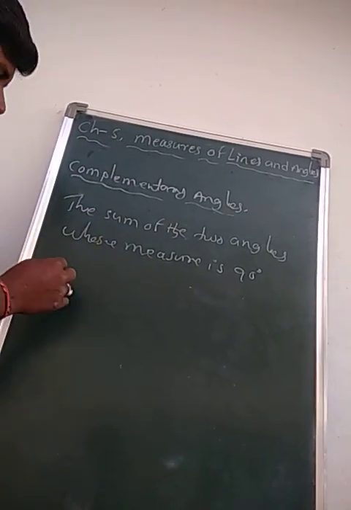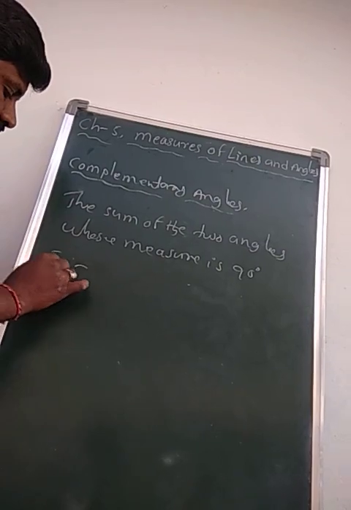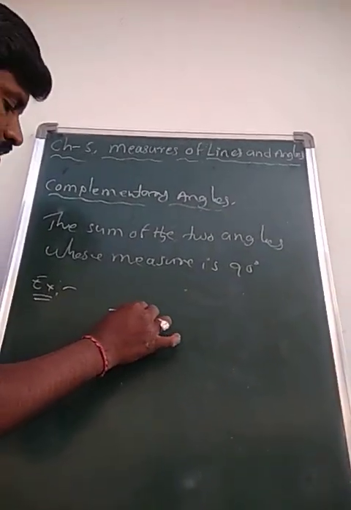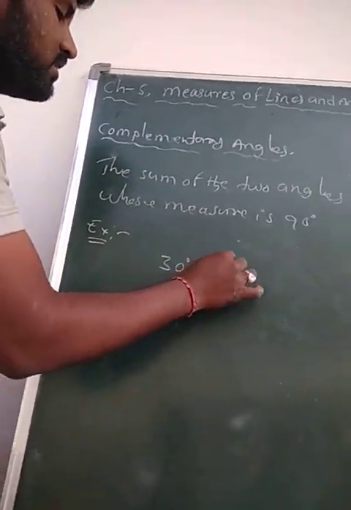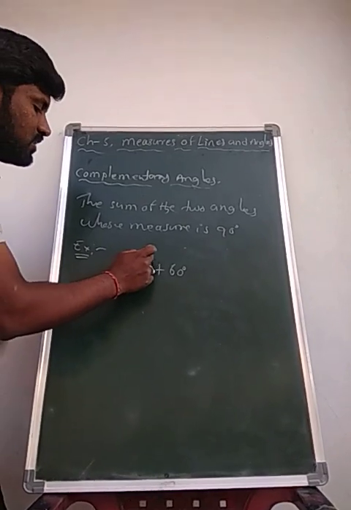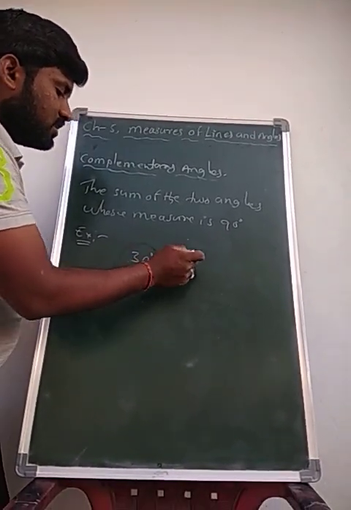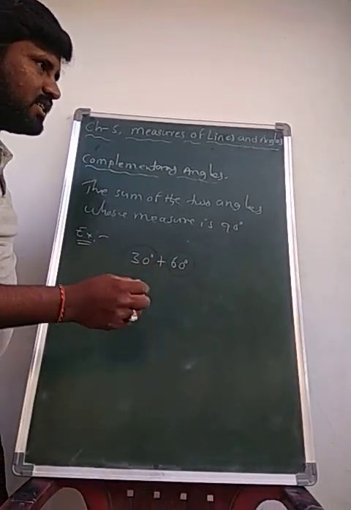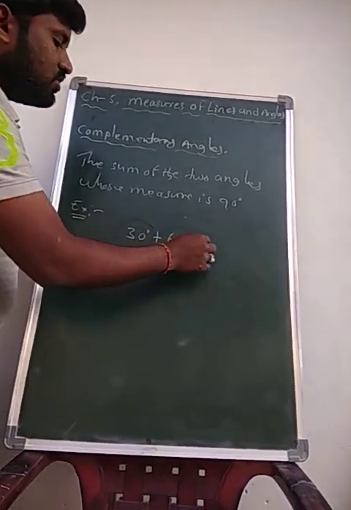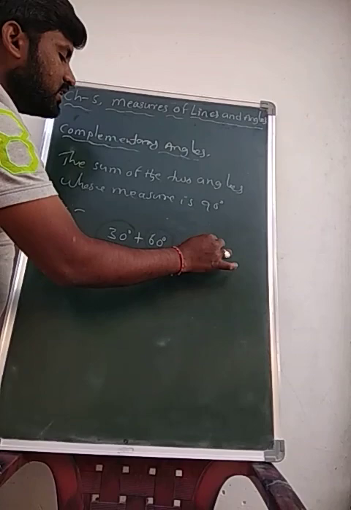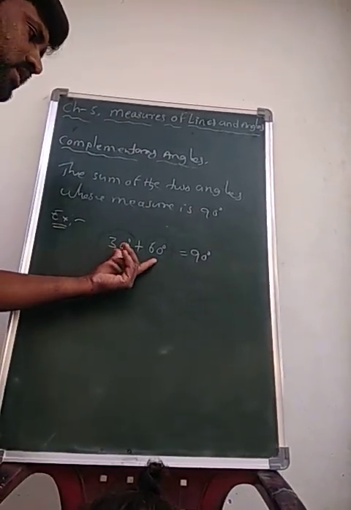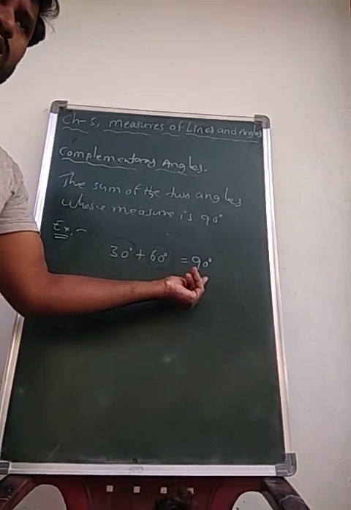You see here, for example, 30 degrees plus 60 degrees. Clearly 30 degrees and 60 degrees. These two angles I am adding: 30 degrees plus 60 degrees. It is equal to what? 90 degrees. Okay. So the sum of the two angles whose measure is 90 degrees, then the two angles